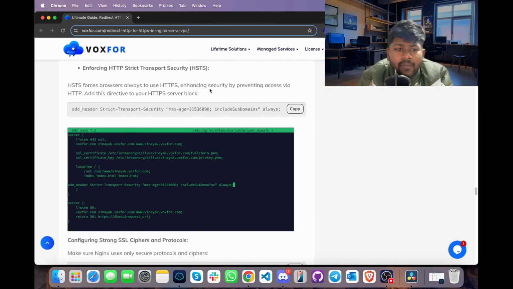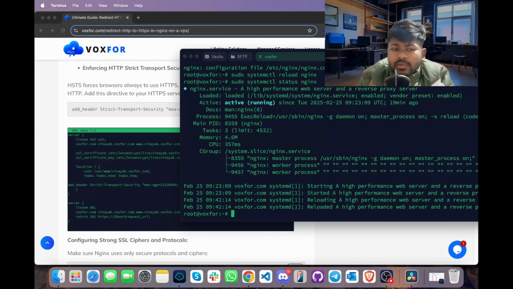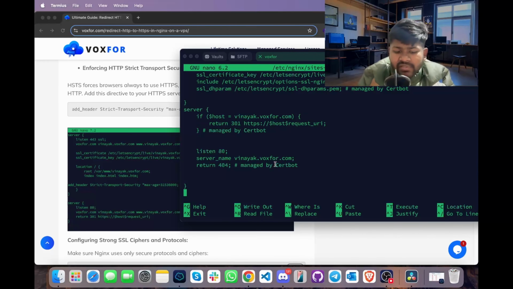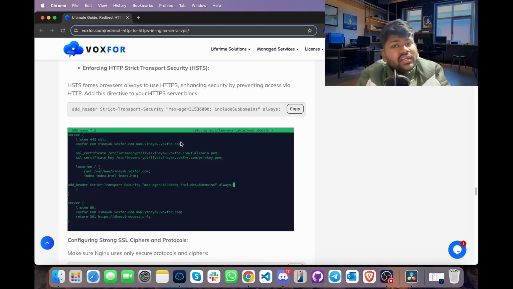To do this, copy the code snippet present in our blog, go to terminal, and locate the configuration of your domain. In your domain configuration, press enter and add the HSTS line anywhere in the file. I will edit here. Exit by pressing Ctrl X, Y and enter. This configuration will restrict the HTTP access to your domain or website, preventing attackers from accessing via HTTP and running